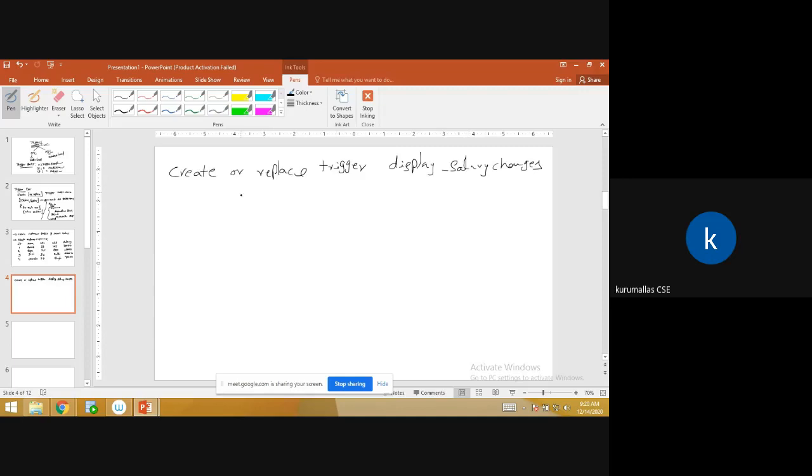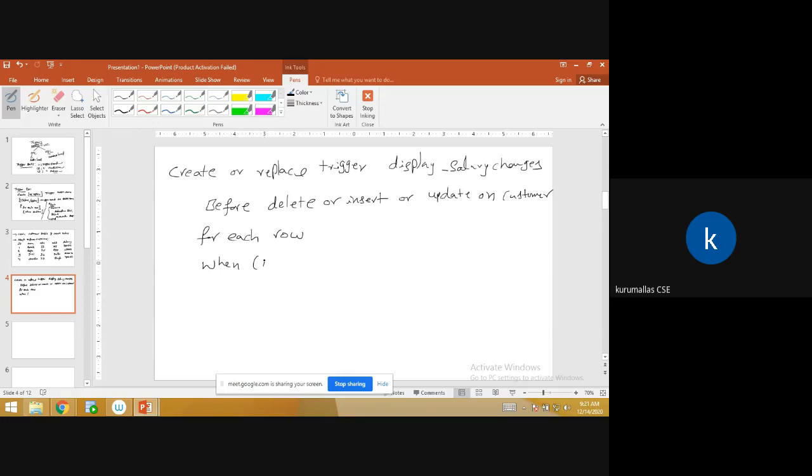Next, BEFORE DELETE OR INSERT OR UPDATE ON the table name, the customers table. So here, FOR EACH ROW.